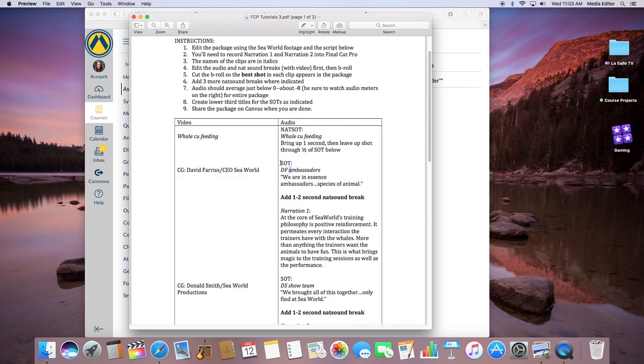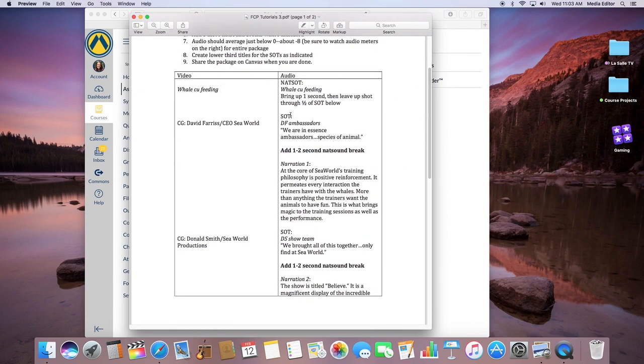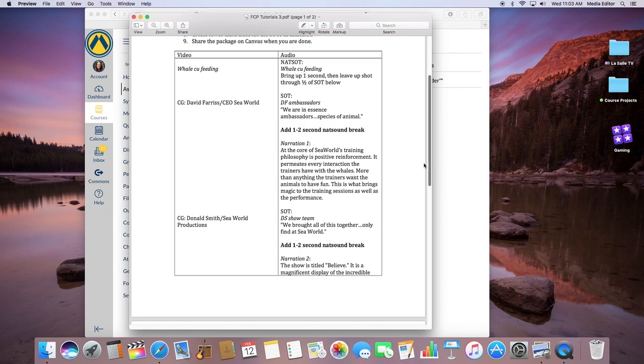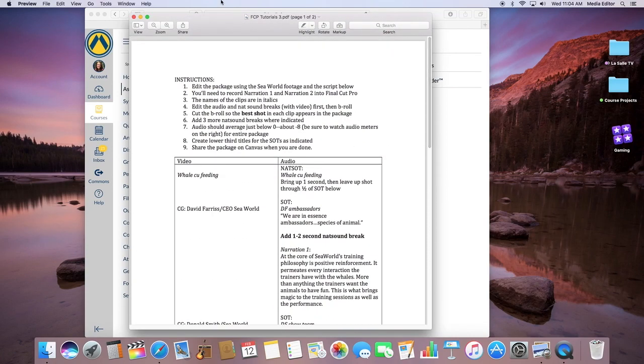Okay, so here's sound bites, so sound on tape. And so what happens is you want to A-roll your package first. So this is your audio first, and then you go back and you B-roll accordingly. All right, so this should be nothing new. I've included some special instructions that I'm going to go through in a minute, but